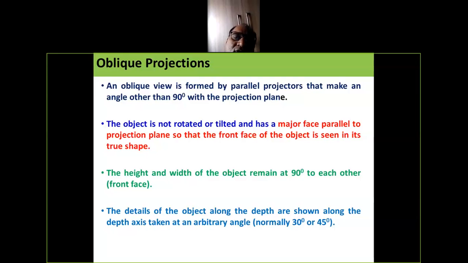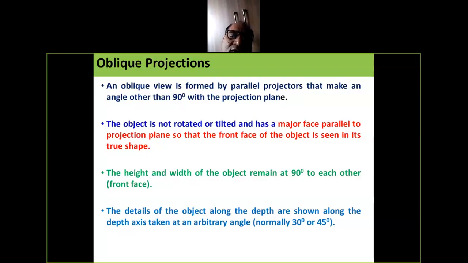The object is not rotated or tilted, and has one major face parallel to the plane, so that the front face of the object is seen in its true shape. So in these projections, the front face of the object is seen in its true shape.